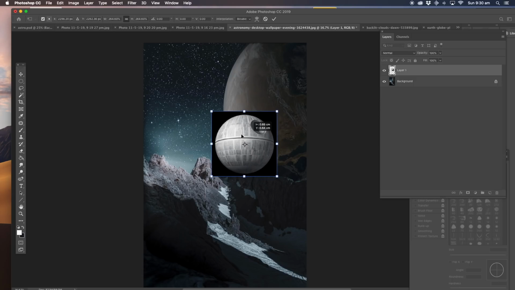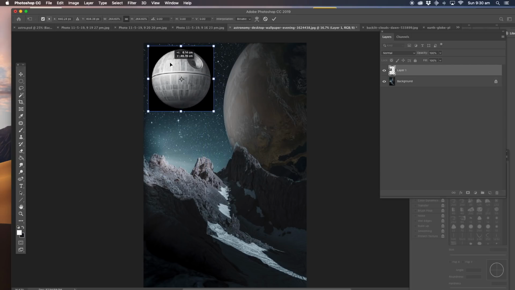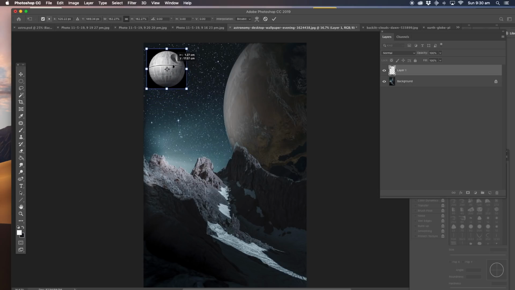Make it about that size, not too big. I'm going to do the same thing again. I'll put it up here. Make it pretty small. Make it look like it's way away. And we can just go up to